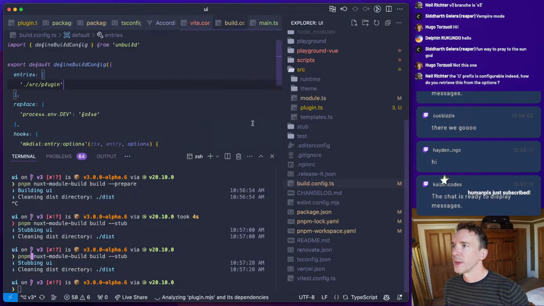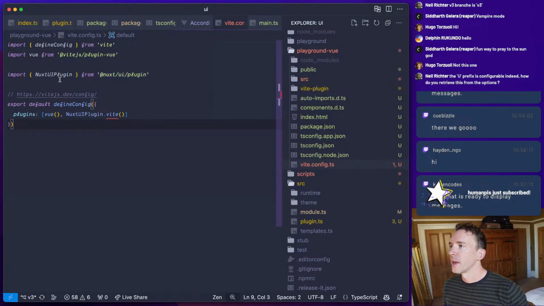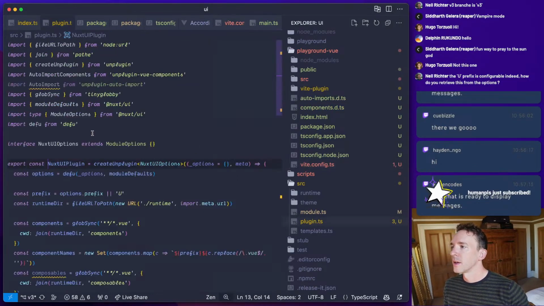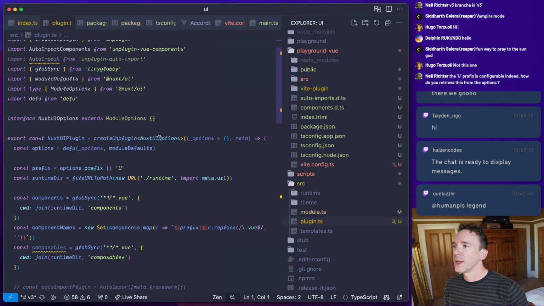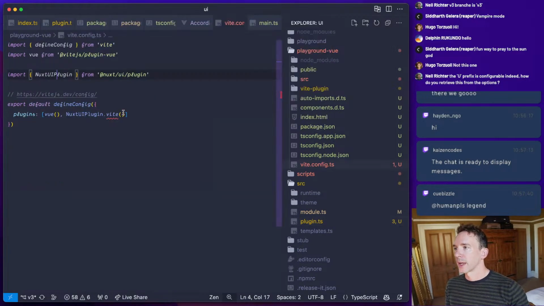So now we should be able to import here. Oh, why is that? It's complaining because it needs options, whereas we don't need options, right? We'll sort out the type issue later.